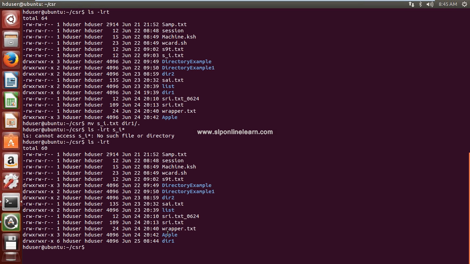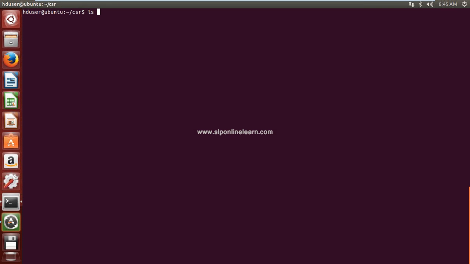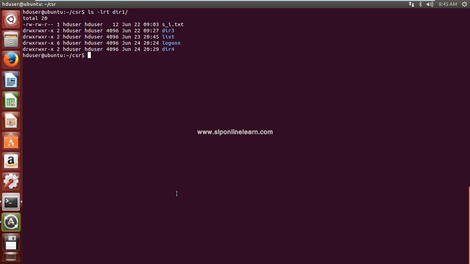That file is moved to dir1. Let us change into the directory, or from here check in this directory ls -lrt. Now check in this directory dir1 slash. Yes, the file is here. Okay, so this file is moved from the CSR directory into this dir1.